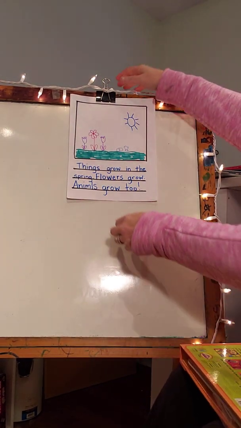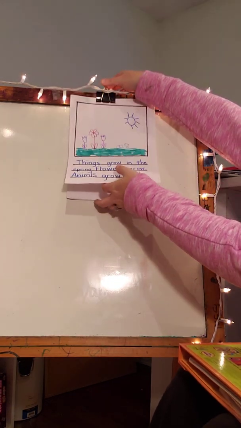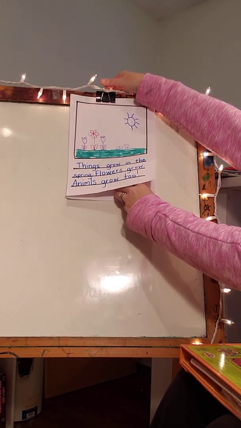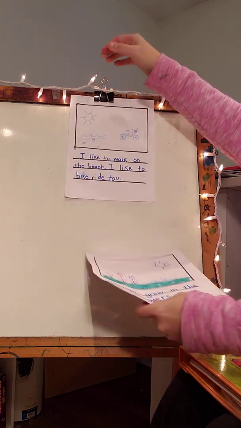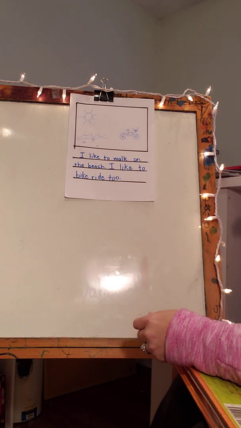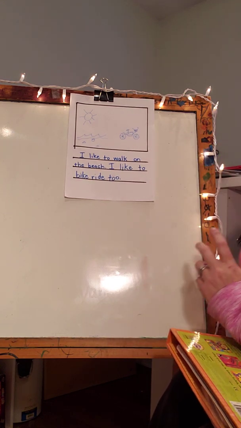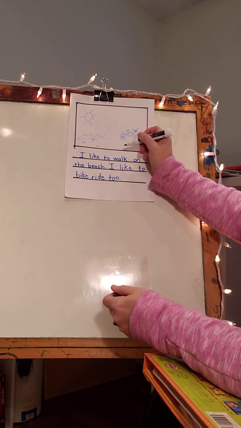All right, let's look at my last picture and see if I have enough details in my picture. I have a beach and a bike. My bike kind of looks like it's floating up in the sky, so maybe I'll make